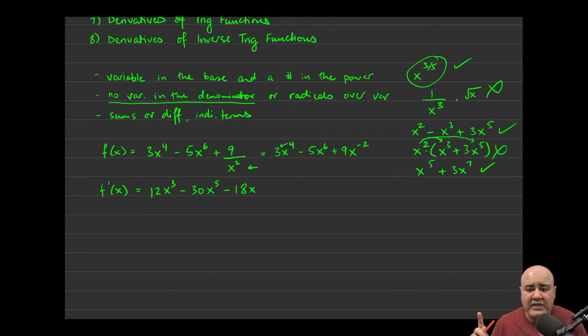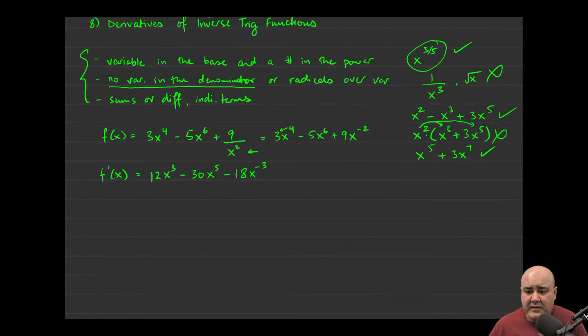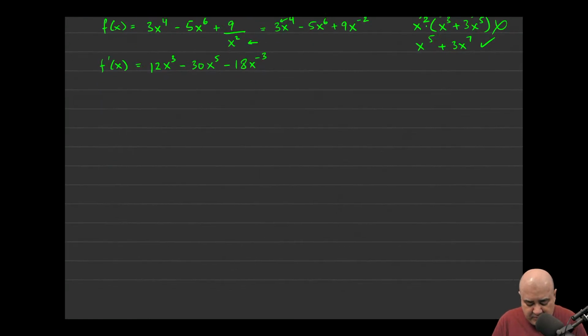But you can only do that if these 3 conditions are satisfied. So this would be minus 18x to the negative 3. And that would be the answer. That would be the derivative of a function f of x using the power rule. Hopefully that makes sense. Before I move on to the product rule,